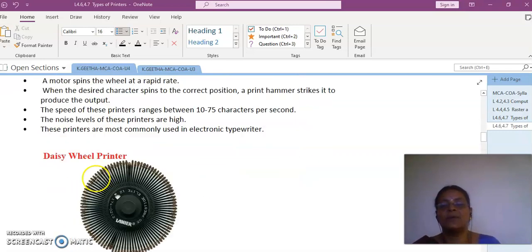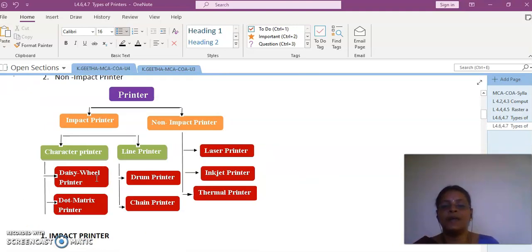So we have just discussed the types of printers. We have given an intro, and we have discussed what an impact printer and a non-impact printer are, and in the impact printer category, we have seen the character printer and line printer. In the character printer, we have the daisy wheel arrangement of heads and how the daisy wheel printer operates. And also we have discussed the dot matrix printer. So I think we have completed one classification under the impact printer, and the remaining classification yet to be discussed is the one which comes under the category of line printer, which is nothing but the drum printer and chain printer. So the rest of the printing technologies we will discuss in the next session.